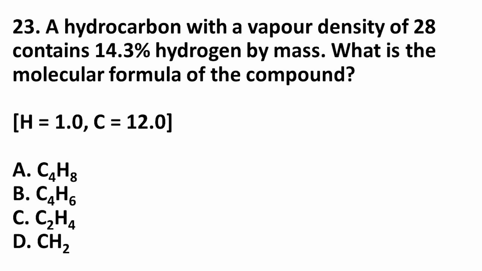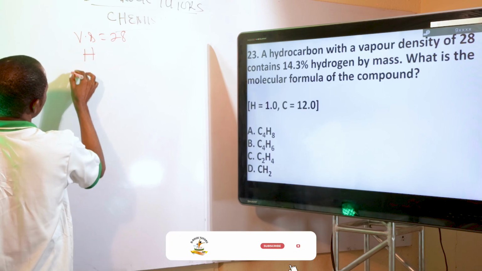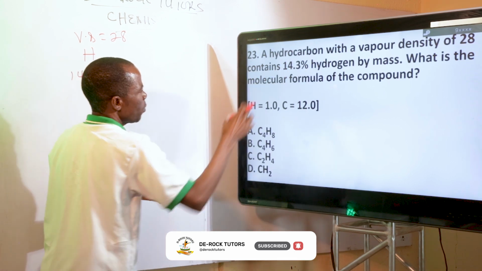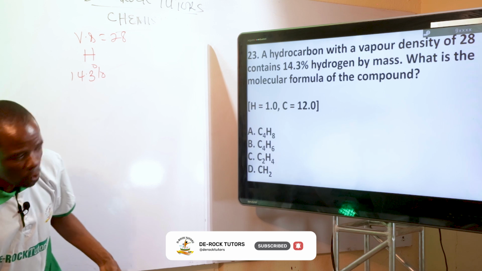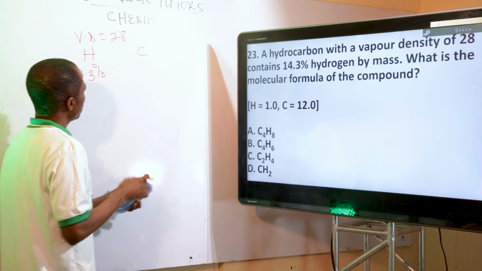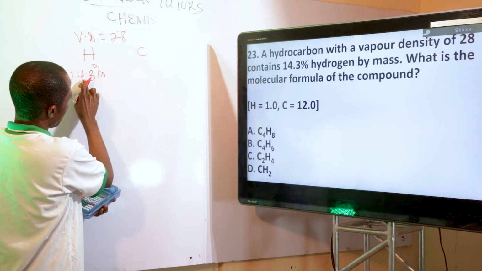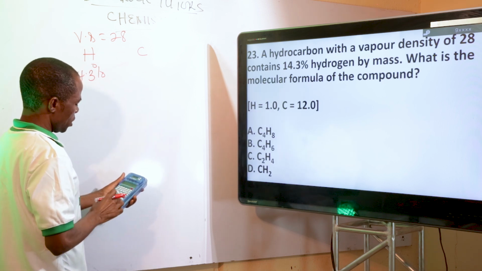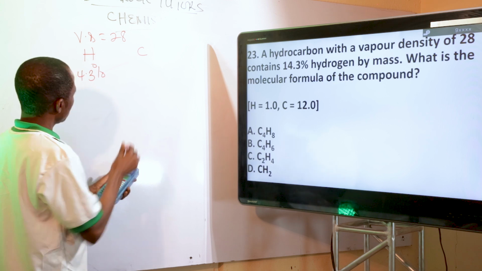A hydrocarbon with a vapor density of 28. So, vapor density is 28. And the hydrocarbon contains 14.3% hydrogen. So, the percentage of hydrogen is 14.3%. And don't forget, hydrocarbon is a compound made up of carbon and hydrogen only. So, which means there is going to be carbon present. The percentage of carbon will now be 100%. We subtract 14.3% from 100%. That becomes 100 minus 14.3%. That gives us